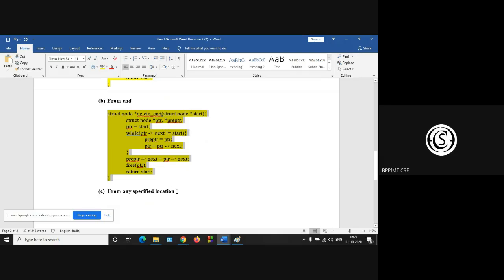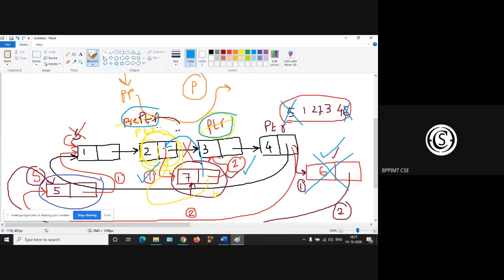Then delete after. What will be the code for delete after? You are asked to delete this 7, or in between any node, any specified location. How to delete this 7? Sir, same. We will need to change the code we did last.